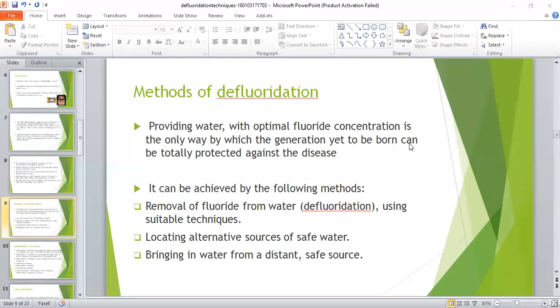source of safe water. We can bring the water from the area where fluoride level of that water is maintained, or bringing in water from a distant safe source, that is, bringing water from somewhere far away instead of using the water of your own area in which the fluoride level is very high. Next,